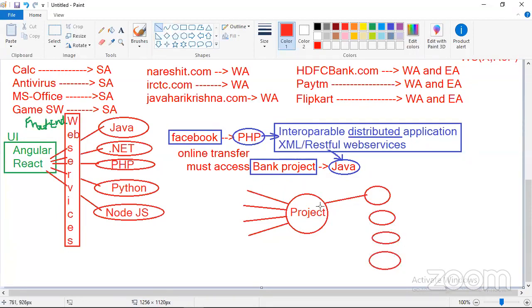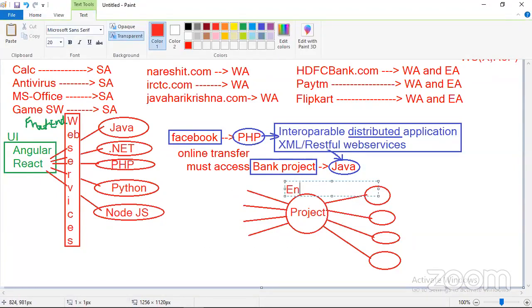It's connecting to different things. We call it what? Enterprise. An application that is responsible for performing operations across multiple branches of the same company or multiple branches of different companies, then we call it enterprise. Have you heard the word enterprise in the real world?